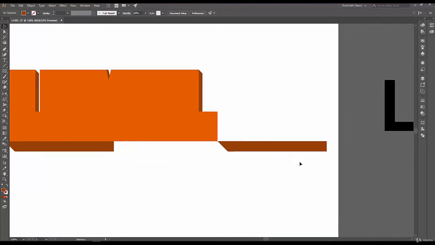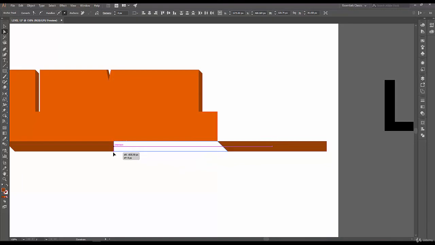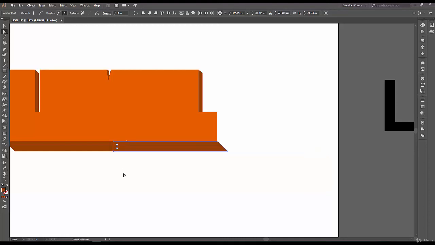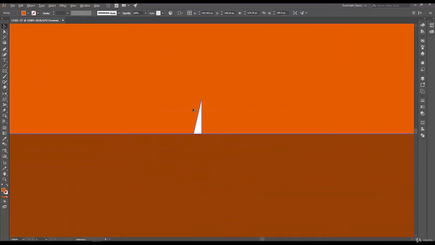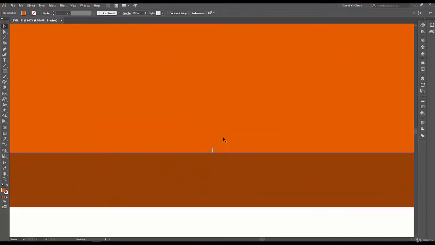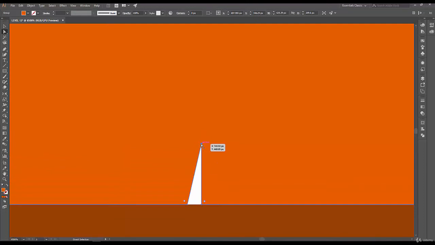There you go. Now we're going to select our direct selection tool with the shortcut A and select these 2 points and drag both of them all the way to the left. Make sure you're holding shift while moving points like that so that you have everything in the line. There you go. That looks perfect. I think we missed a bit here while making our shape, so nothing to worry about. Just select your direct selection tool with A, select this point, and hit delete.